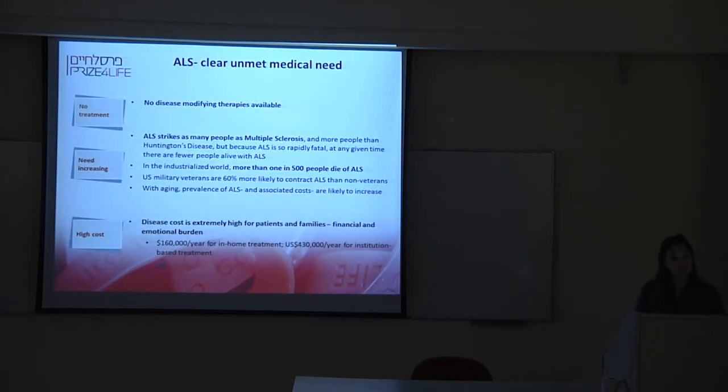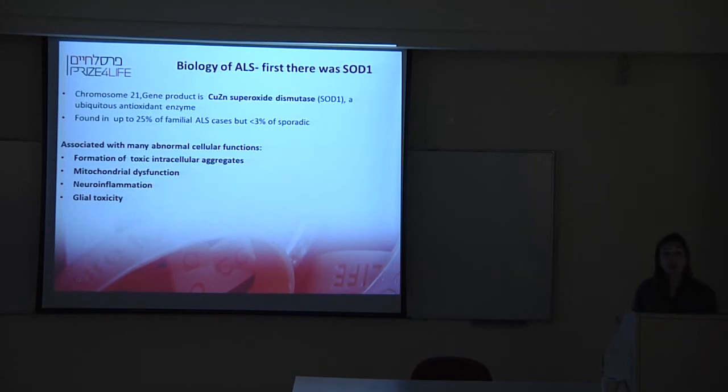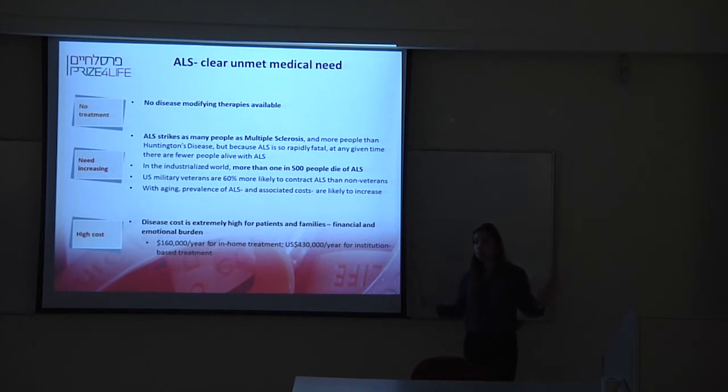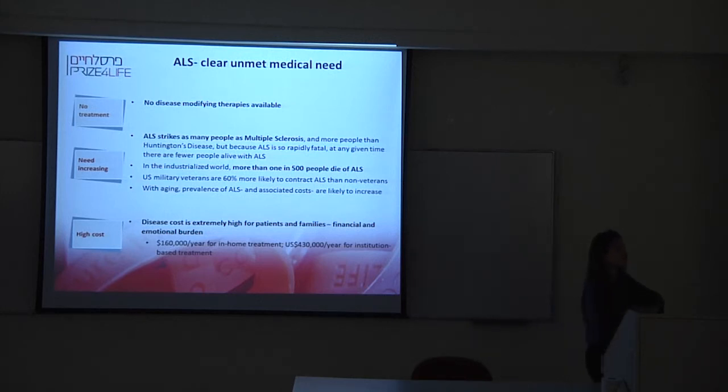So now we're going to go more in depth on this point. We talked about the need. Now the biology. So let's imagine we're going back in time 100 years. The disease is first characterized, and you want to understand the biology of the disease. What's the first step that you do? It was already mentioned before. Say it again. What was the first step that you would do?